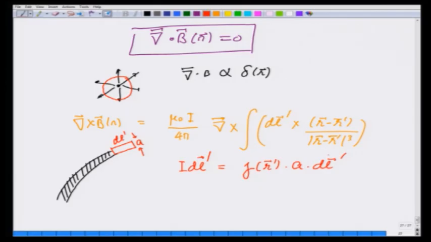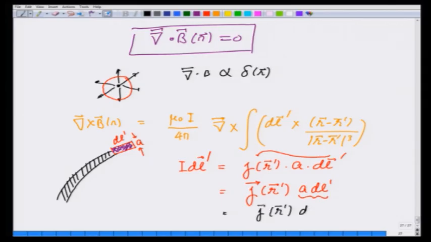So, I am going to bring this vector over to j and define my current density as a vector quantity j of r prime, A dl prime. What is A dl prime? A dl prime is the volume of this small element, which I am now showing by these shaded purple lines. And therefore, I can write this whole thing as j vector r prime dv prime. All right. So, therefore, I can write